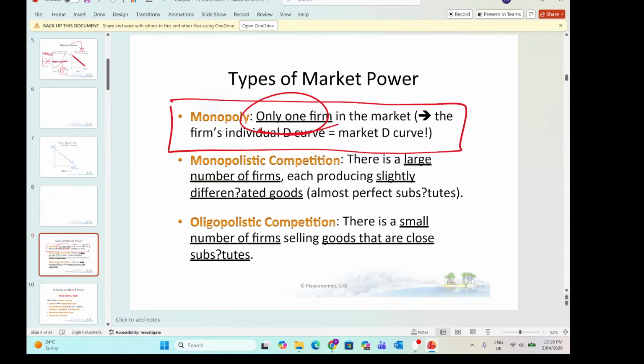And because it's the only firm in the market, there's no close competition for this product. That's one of the factors to do with elasticity. As I said, there are other factors, like whether the good is a necessity or a luxury. But certainly monopoly firms tend to have more market power than the other